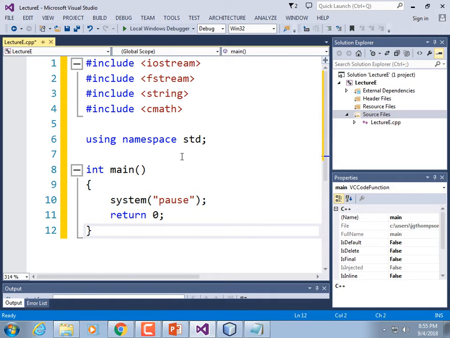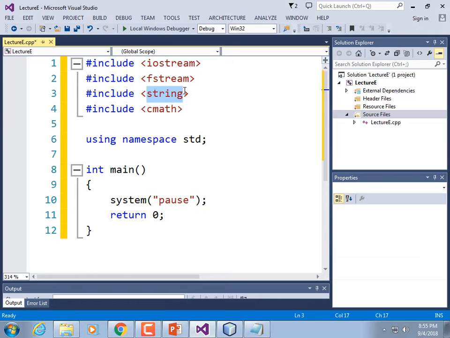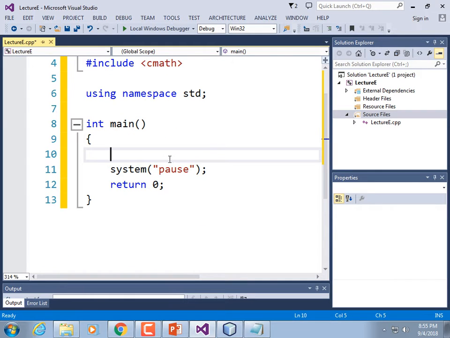We haven't used fstream yet, and we won't for several other chapters, so that seems kind of superfluous. But I like cmath being in there so that we can use the pow function. iostream is absolutely essential, or else we wouldn't be able to use cout and cin. And string is just really useful because pretty soon we're going to be letting the user type in names and things like that. All right, so let's declare a little variable, a short int